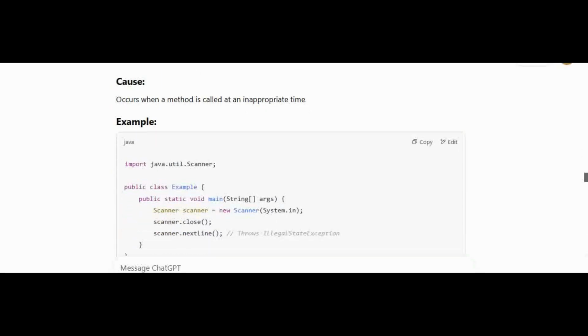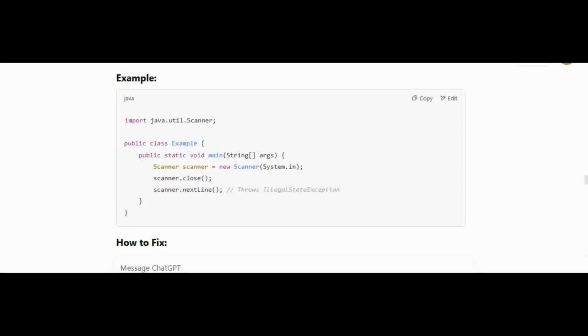We have public class Example { public static void main(String[] args) { Scanner scanner = new Scanner(System.in); scanner.close(); scanner.nextLine(); // throws IllegalStateException } }